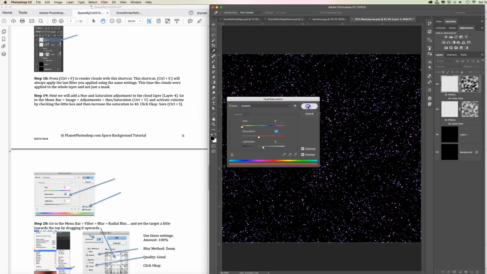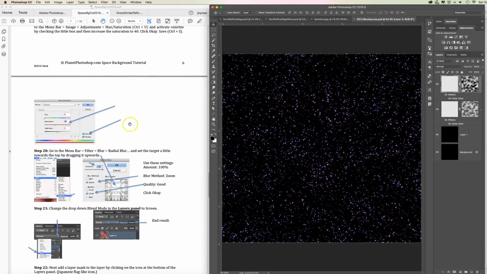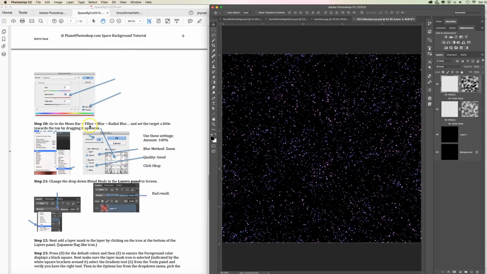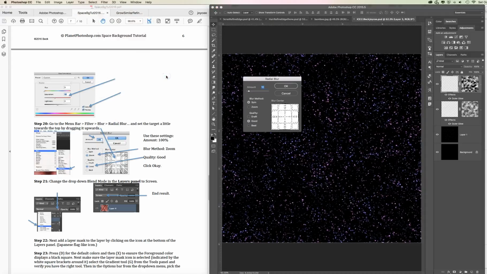All right. So our hue and saturation, there it is. All right, working out nicely. Control S, time to hit save, Control or Command S for save, and we did that. Okay, go to the menu and a radial blur. Okay, so filter, blur, radial blur, and it says to pull this up just a little bit